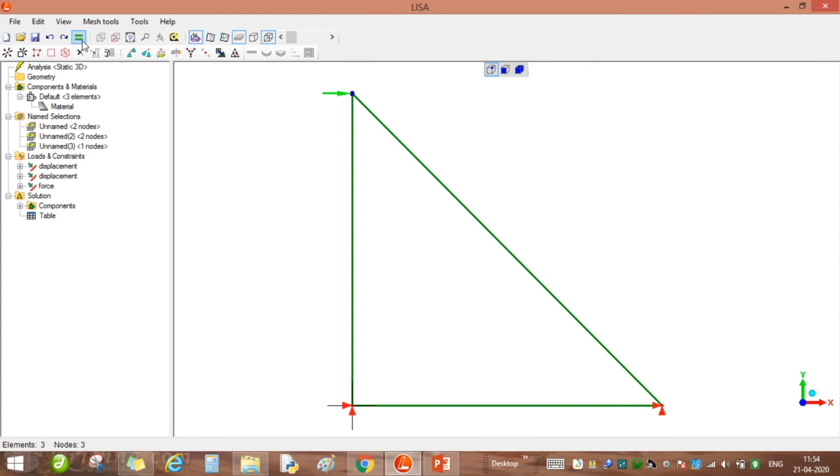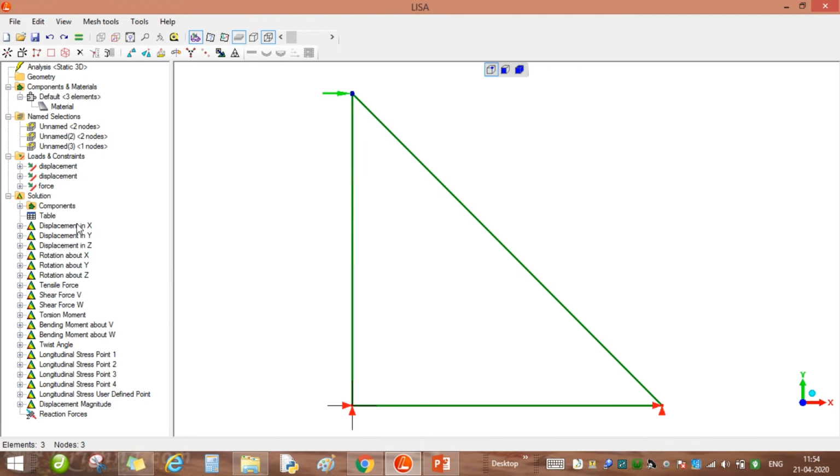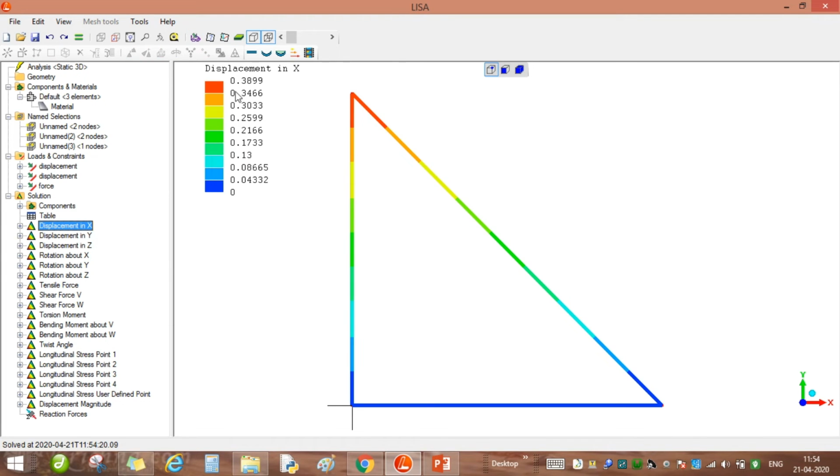Now we can solve this. If I solve this, I will get the different results. So it is 0.3499 mm displacement, maximum displacement at this node number 3 in x direction, and these are the displacements in y direction. And here, because at both these it is 0, we have fixed these two ends.